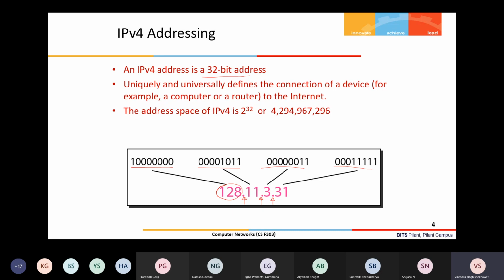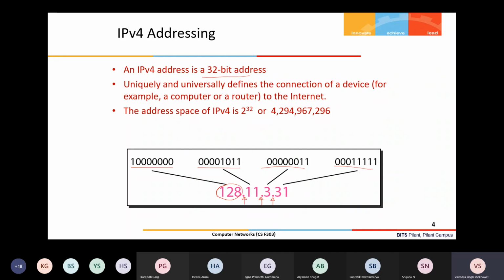What is the role of the IP address in the internet? Each device which we connect on the network must have a unique address, and that address should be unique across all nodes connected on the network, because only then can that node be uniquely addressed. Two nodes in the network cannot have the same address. If the same address is there, it's a problem: there can be ambiguity in communication whether I am connecting to node A or node B, if both have the same address. So the address must be unique.